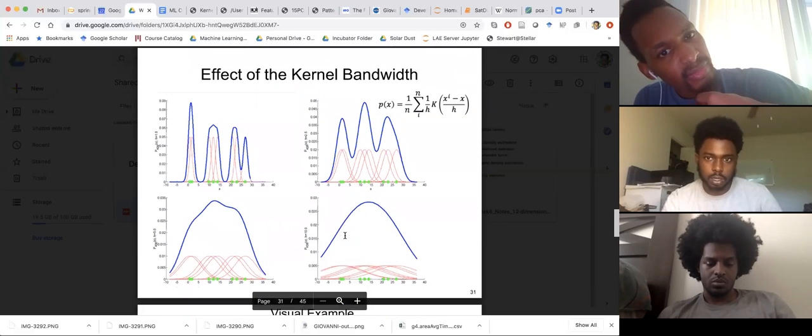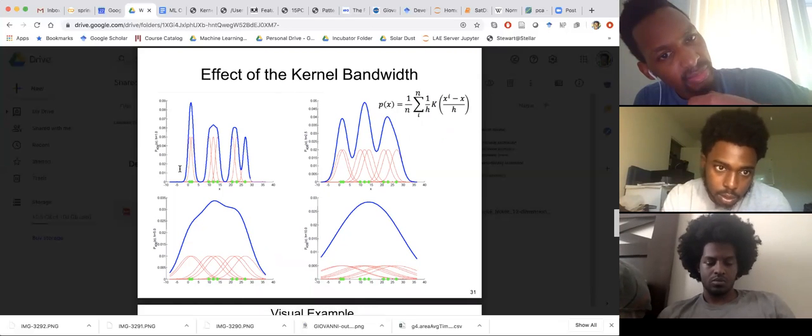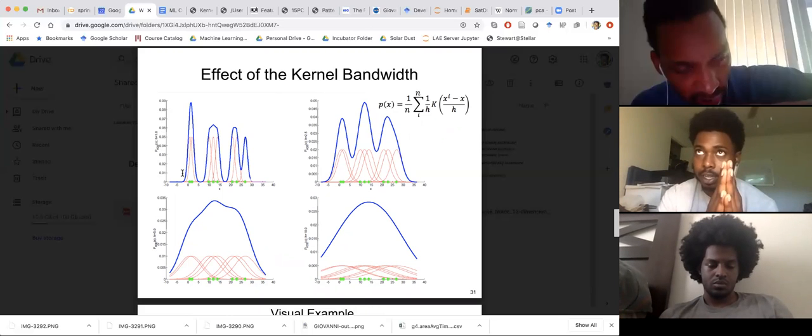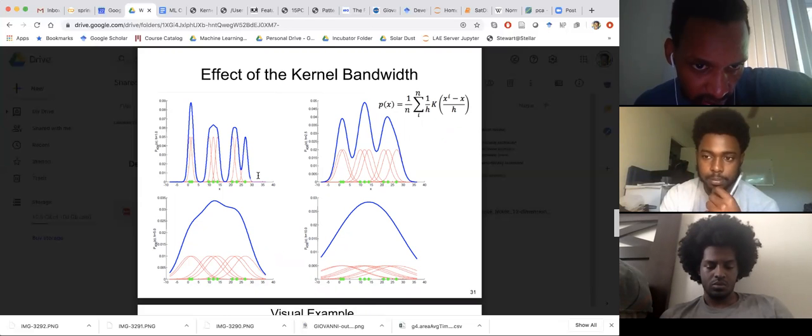Okay, so this is the effect of kernel bandwidth. This is the H. I guess bandwidth is the word they're using here. So this is an H of 1. The bin size, I think that's the way I think about it, is pretty small here, and so you get these really sharp points of the data. Whereas as you increase bin size, it becomes more smooth. If you have a really large bin size, you can see how wide these distributions are, it gets even more smooth